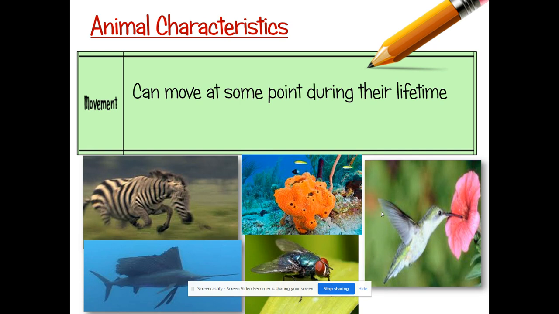A few animals can only move for a portion of their life. So, for example, coral that make up coral reefs and sponges, you're going to find again in marine environments, only move during their larva stage. So, that's in their very, very beginning parts of their life. They'll swim around in the ocean, they're super, super tiny, and then they find a home and they permanently attach there when they become an adult. So there are a handful of animals that only move for a portion, and then for the rest of their life, they're fixed in one spot.